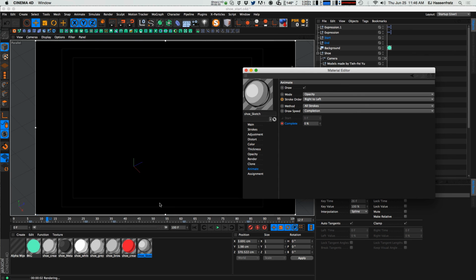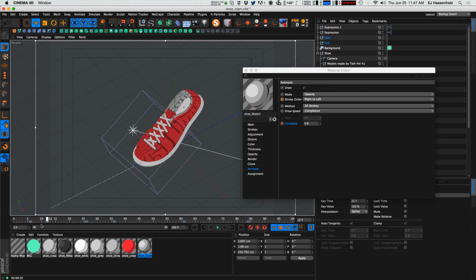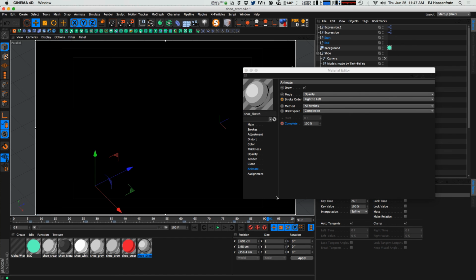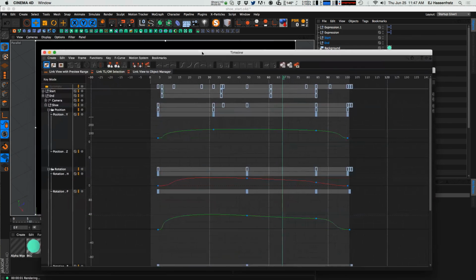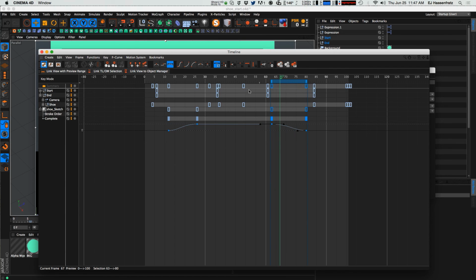So you'll see no stroke going on. And then as I go from 0% completion to 100%, you see our strokes fading on one by one in our viewport here. So I'll have that animate on and then have this animate off by going from 100% completion back down to 0. So as our gradient wipes off, we can have our strokes animate off as well. Let me adjust this. This is our gradient, our start and end keyframes here. I want to line that up and have that synchronized with the